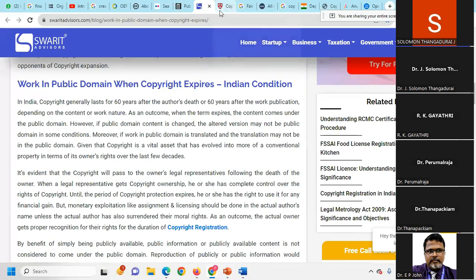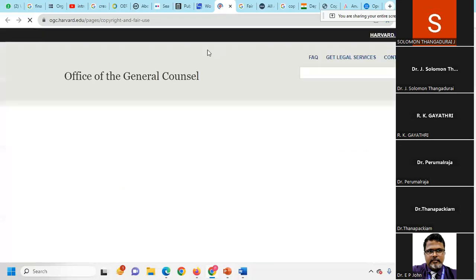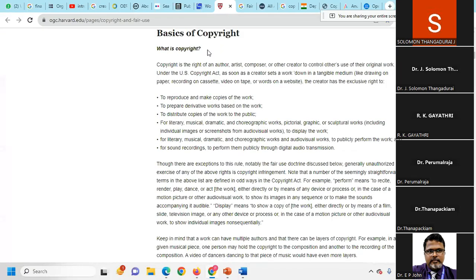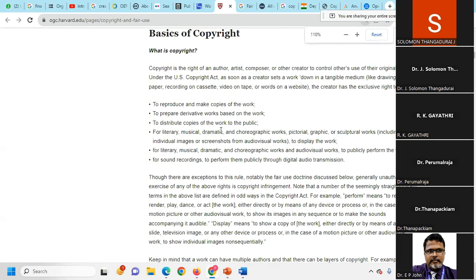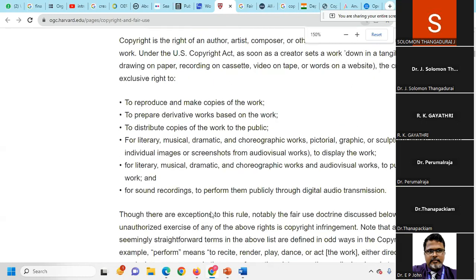I'm taking another example also, like Harvard University. They are using how we can utilize the copyrighted content, and they are very clear on how to use copyrighted things. Most of the things I'm showcasing from the website of a particular university or domain, because this content is copyrighted.